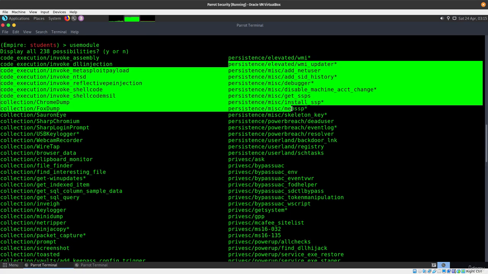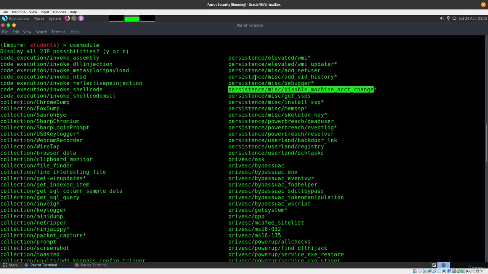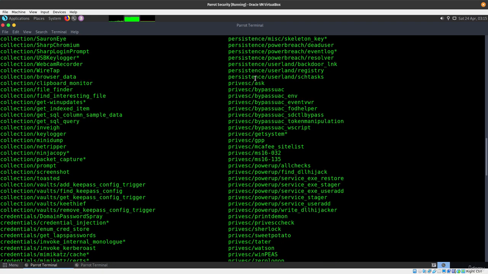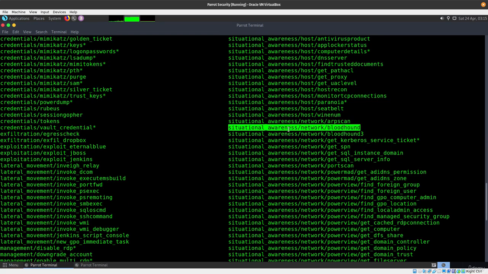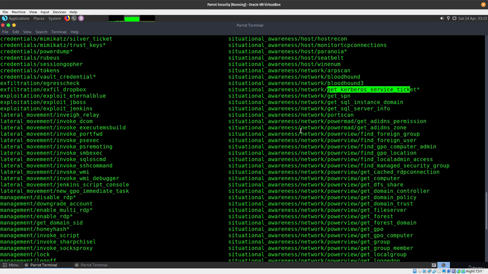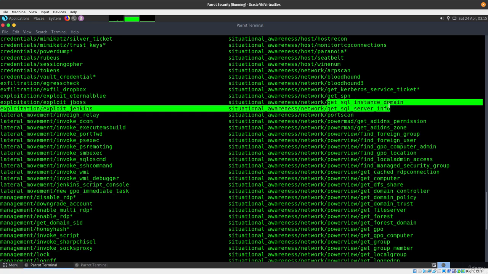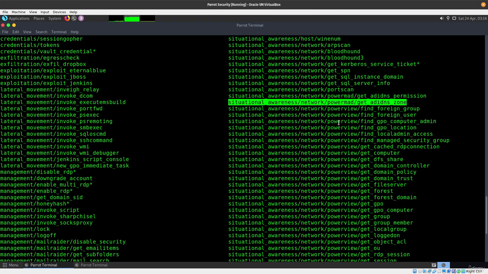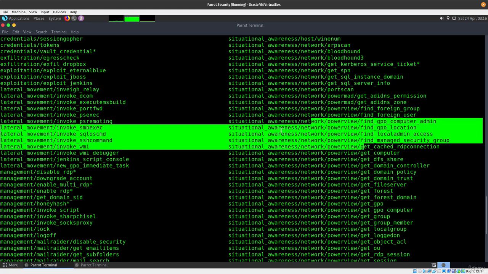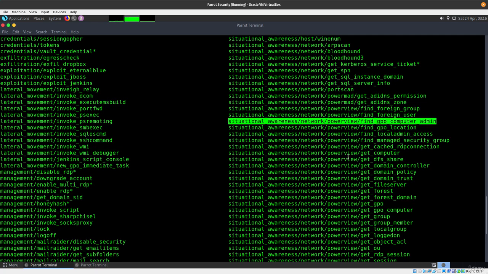We also have domain persistence, which we are going to be doing after we do privilege escalation. We are going to be doing one of those. We have the rogue DLL hijacker. We have situational awareness. We can do some domain, host, or network situational awareness. We can run BloodHound 3. We can also get the Kerberos service tickets. You can get the SPN, the SQL instance domain. You can do some port scan. You can do some PowerMad. And then there's a lot of network situational awareness with PowerView,